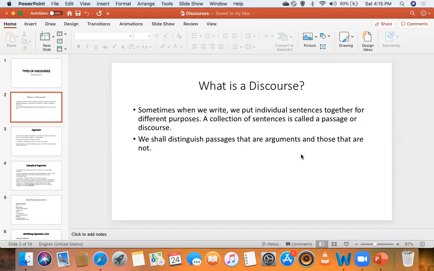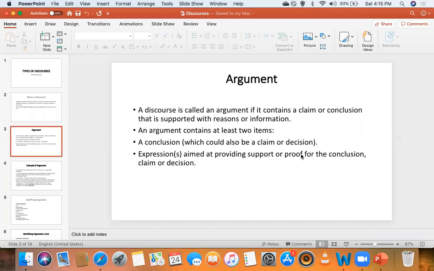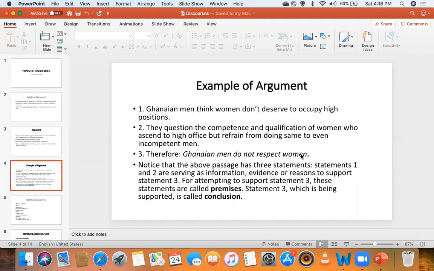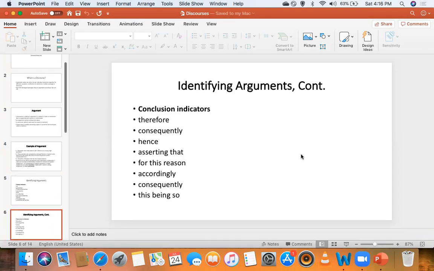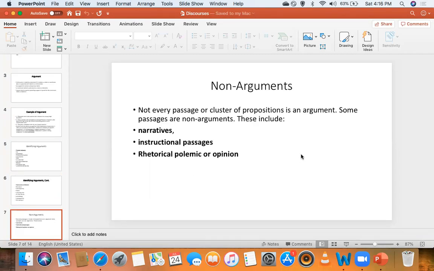We said a discourse is also called a passage. We said there are basically two categories of discourses. We have argumentative discourses and non-argumentative. We said an argument is a passage that contains a conclusion and premise. A conclusion or claim, and then premise or premises. We saw the example of an argument. We saw how to identify arguments, and then we went to non-arguments,